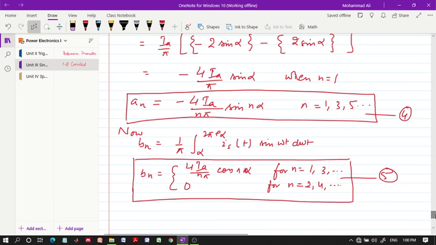Now once we have found the values of A0, An and Bn, our next task should be to determine the displacement angle and what is the fundamental component, and what is basically the equation for the RMS value of the nth harmonic, any harmonic content, so on and so forth. So this I will continue with in the next video.